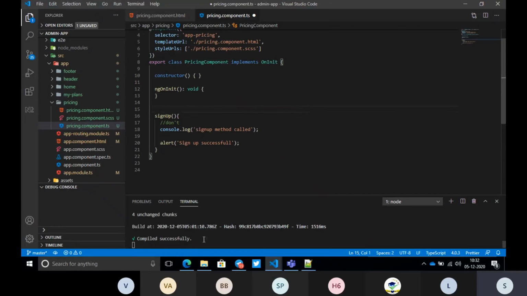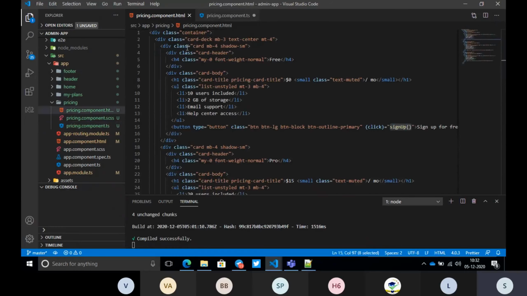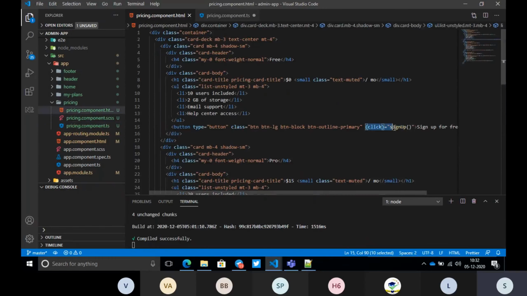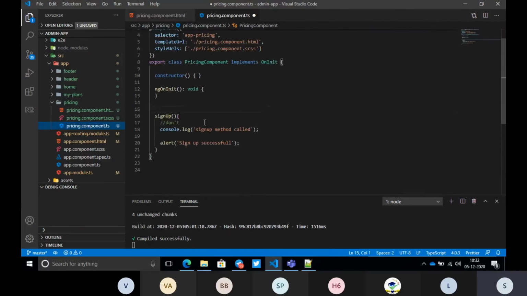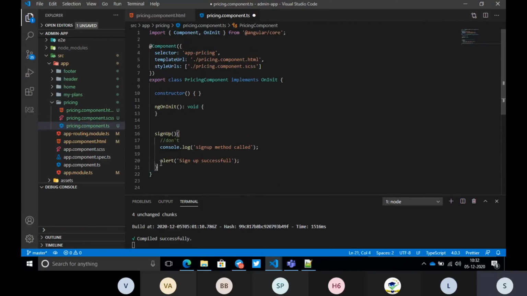Now let's see how to handle events. We want to see the click event, and for this click event we are giving a name. This method should be inside your TS file, where I have written some code.